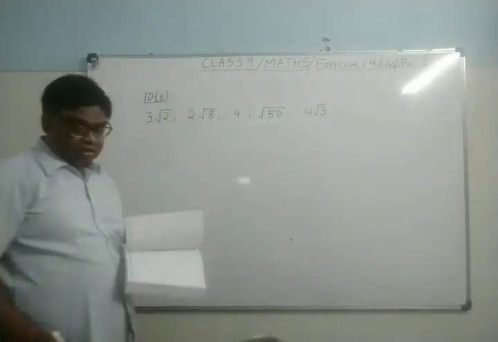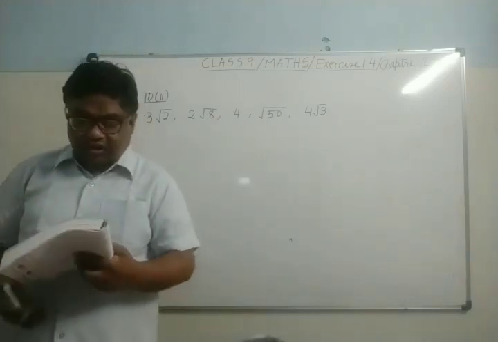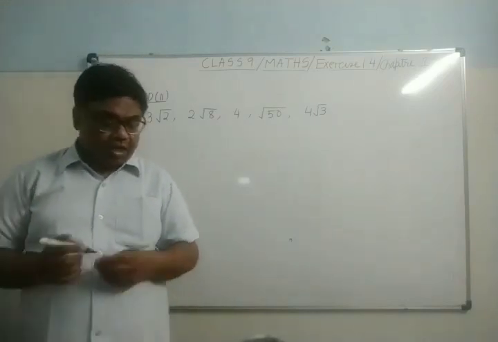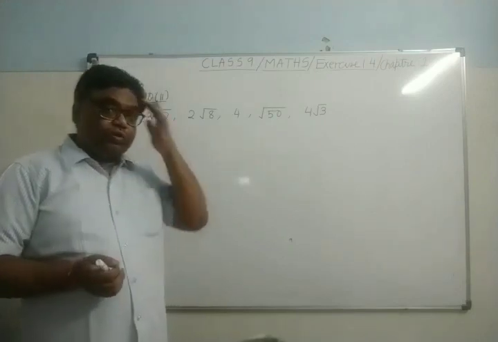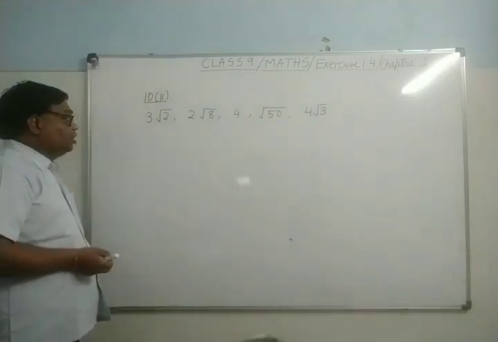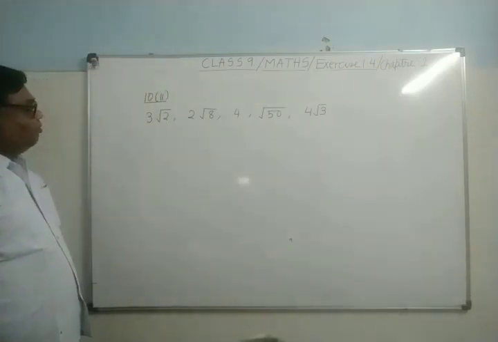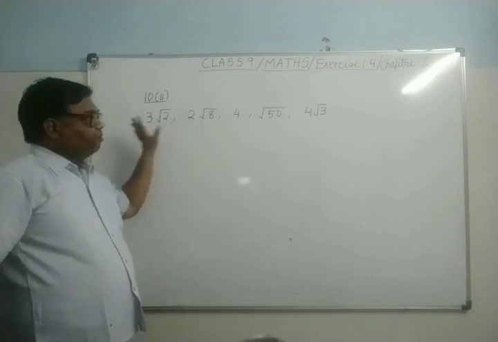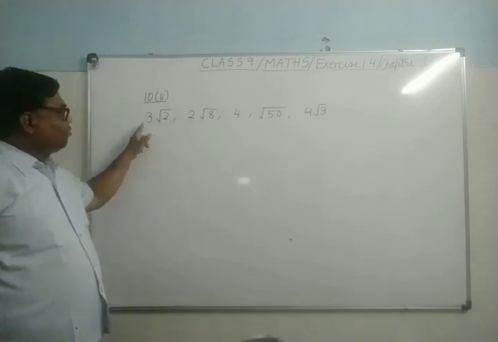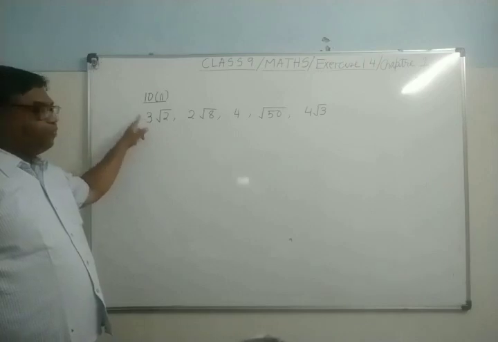Okay. You have to arrange in ascending order means from smaller to bigger. How will you change from smaller to bigger? So see here, we will write these numbers in such a way that there is no number before the